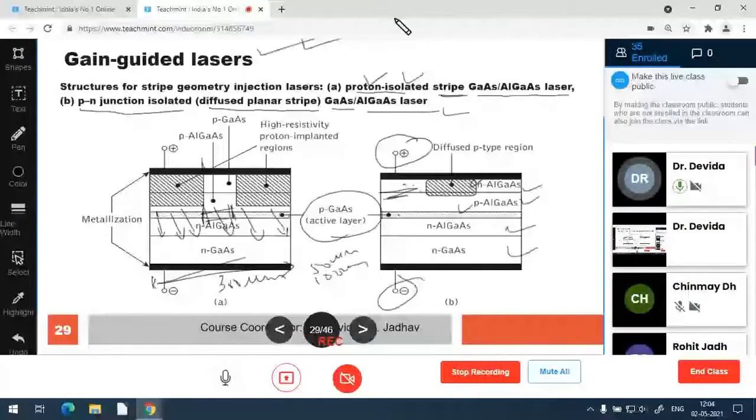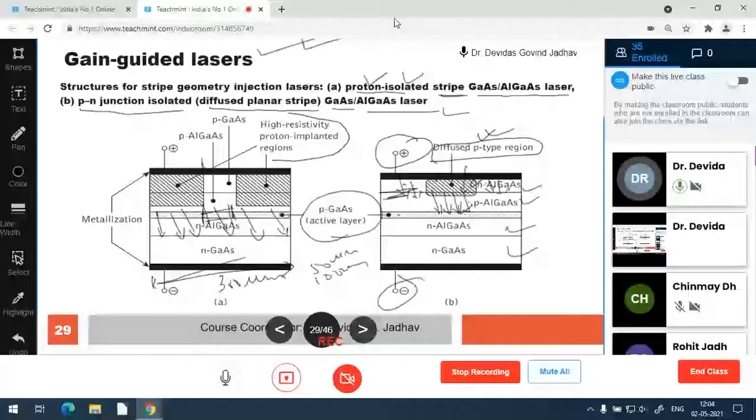This reverse biased junction does not allow the charge particles here, isn't it? So a very small diffused P region is created, and this diffused P region is shown here. This electrical contact metallization can pass the charge particles only through this P region to the P region, then to the active region. And this N region to P region is reverse biased, so it cannot conduct. In this way the isolation is made and the channel is made.